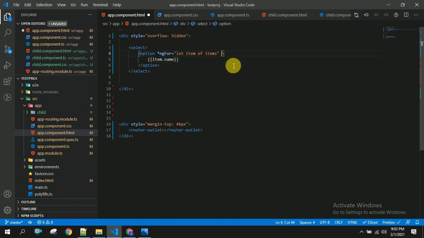So once user clicks on this, I am going to store the value as item.name. So here we have to use property binding in order to append the data that user has selected.